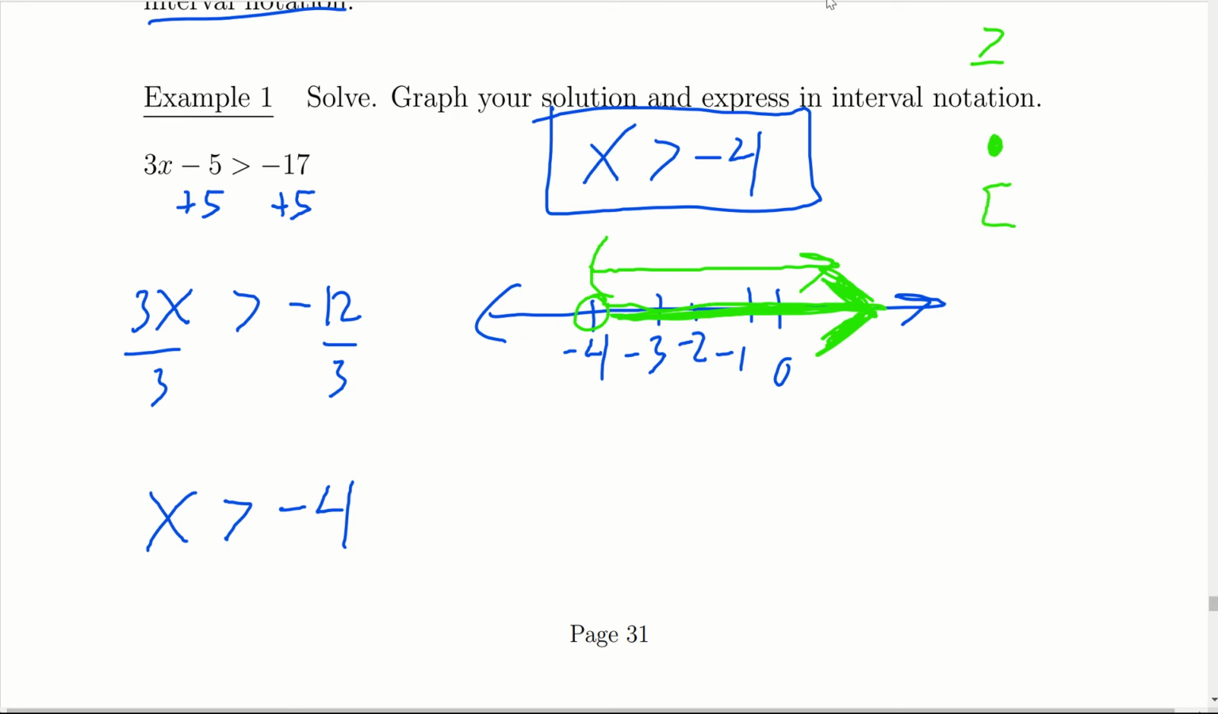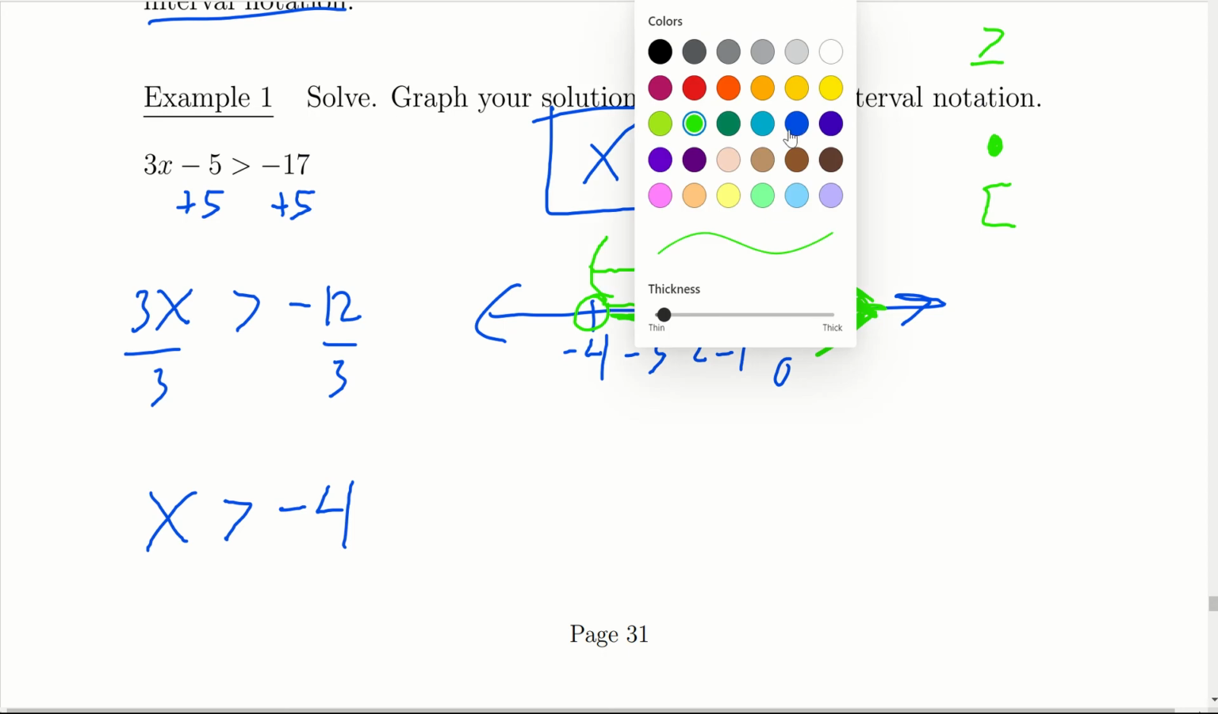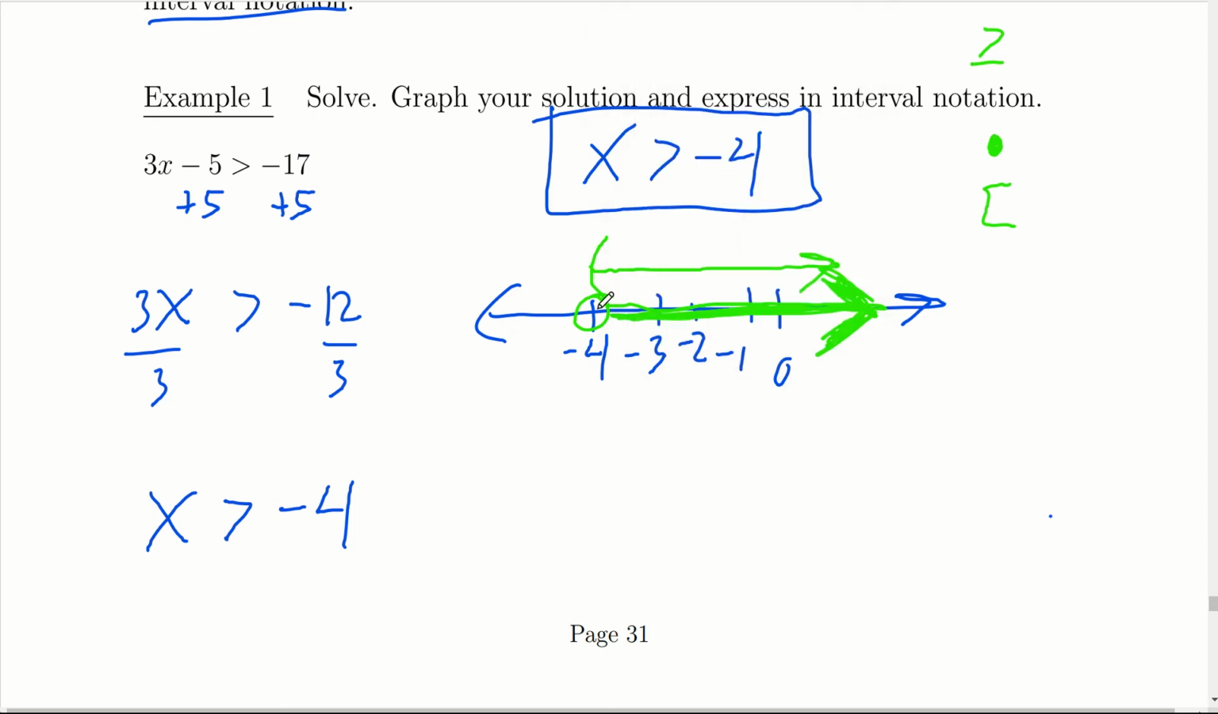Okay. Last but not least, we want to show our solution in interval notation. Typically, if you have the graph first, the graph makes it very easy to list it in interval notation. Always go from left to right. The leftmost value is negative 4, which is not included, so that gets a parenthesis, and it goes all the way to the right towards positive infinity, and infinities are always parentheses, so it should